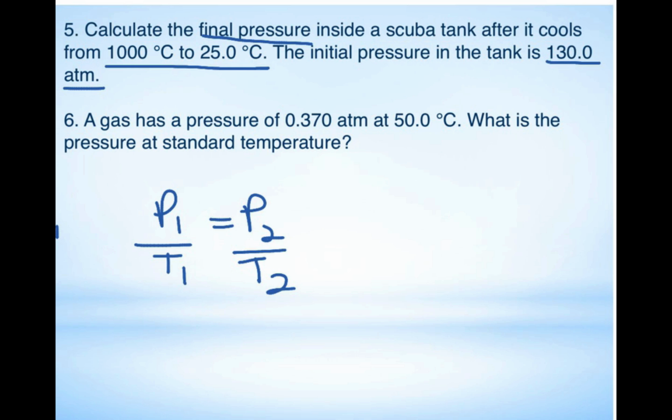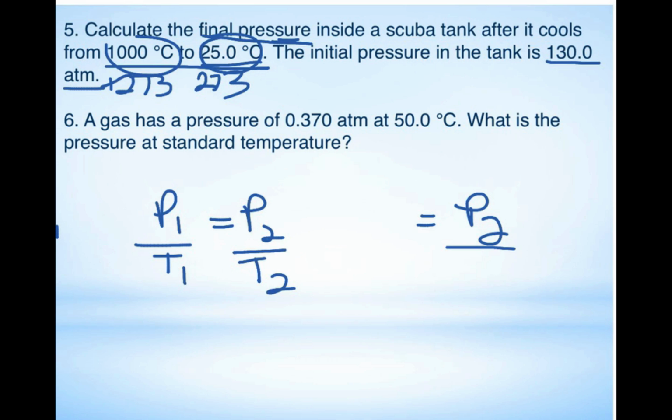Again, remember that temperature must be in Kelvin. We need to add 273 degrees to both of these to change it to Kelvin. So, calculate the final pressure. We're looking for P2, and our final temperature is going to be 298 Kelvin. My initial pressure is 130 atmospheres